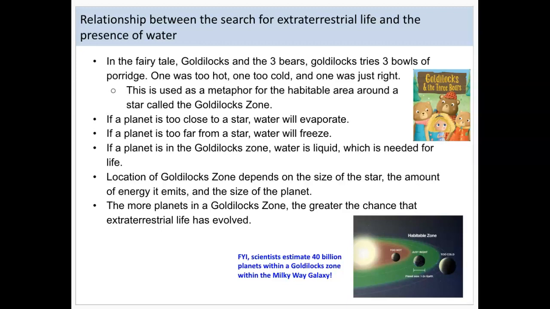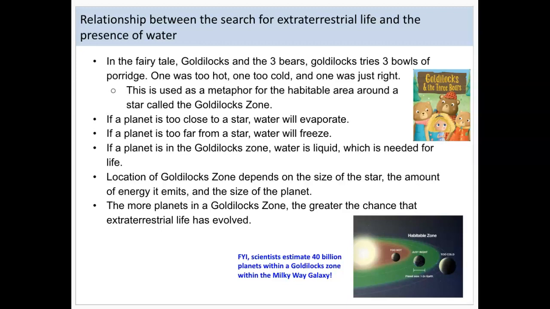Scientists are always searching for other planets out there that may be similar to Earth, or at least may have life on those planets. There's so much about the universe that we do not know. So they're always searching for that. But one thing they think is true is that in order to have living organisms on a planet, that planet would have to have water. And that planet would also have to have a rocky surface, like Earth. Not, for example, a gas planet. So we're always looking for planets that are kind of similar to Earth.